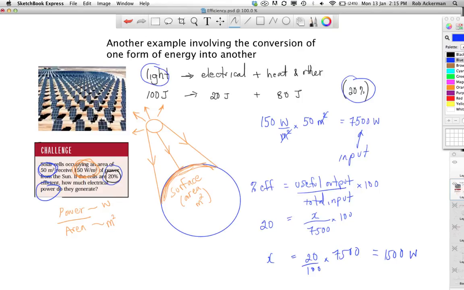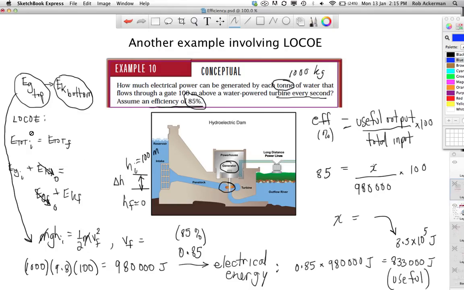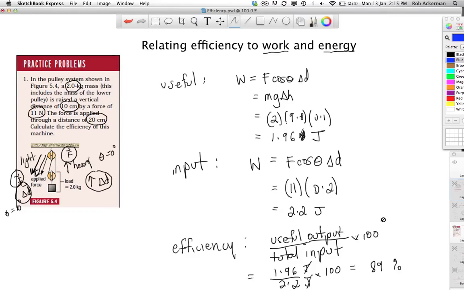We've looked at it in terms of solar panels. We've looked at it in terms of energy conservation and conversions, such as the kind of question we've been doing up till now. We've even looked at it in a new situation of a pulley and work, and I hope you understand everything,